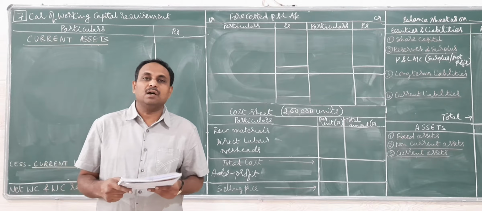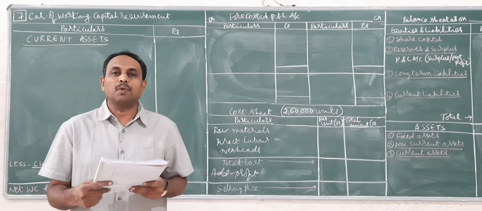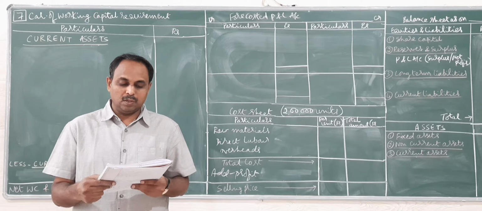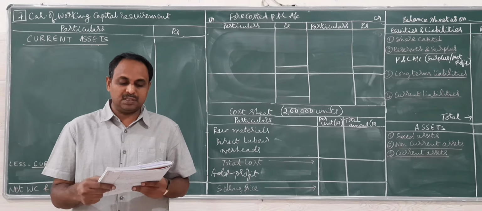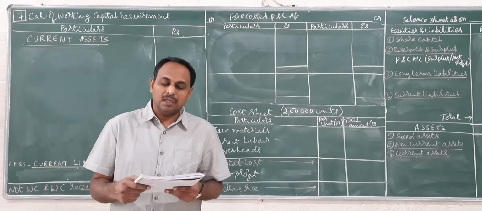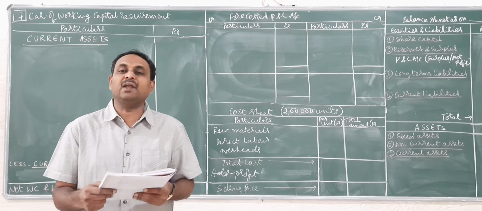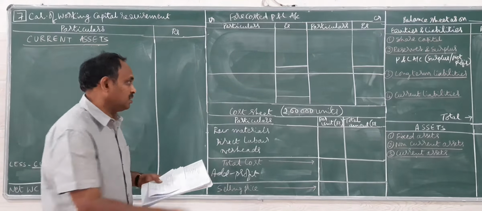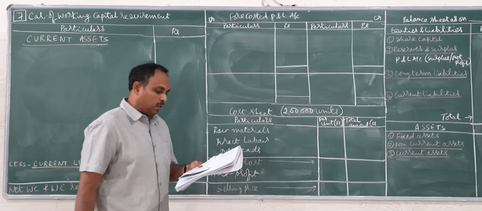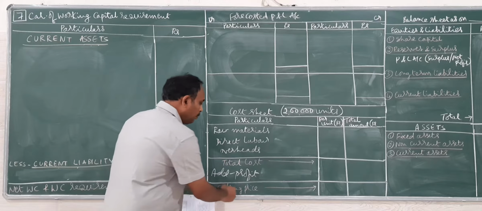We will start with the next problem here. So this problem is having a pro forma cost sheet in the beginning to start with. It is having material 40%, direct labor 20%, overheads 20%. Then in the information, it is proposed to maintain a level of activity of 2 lakh units. So the cost sheet we have to prepare for 2 lakh units. Then the selling price is given as rupees 12 per unit.